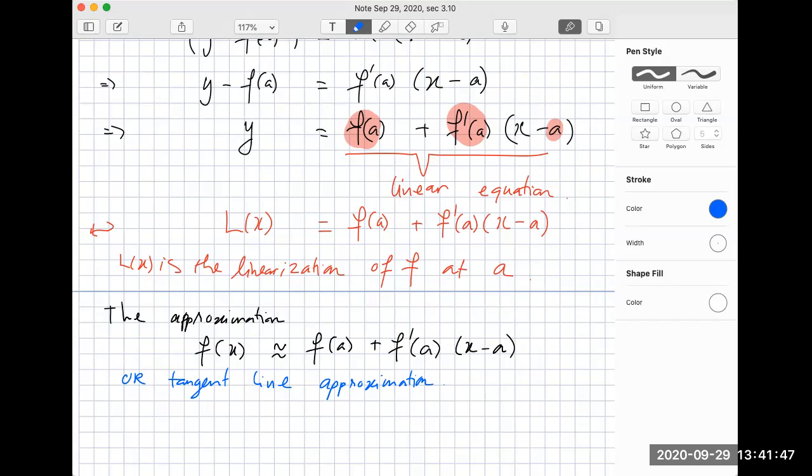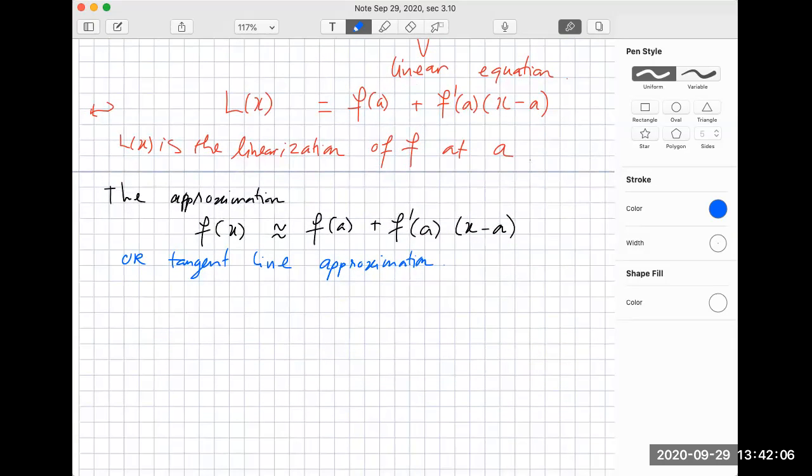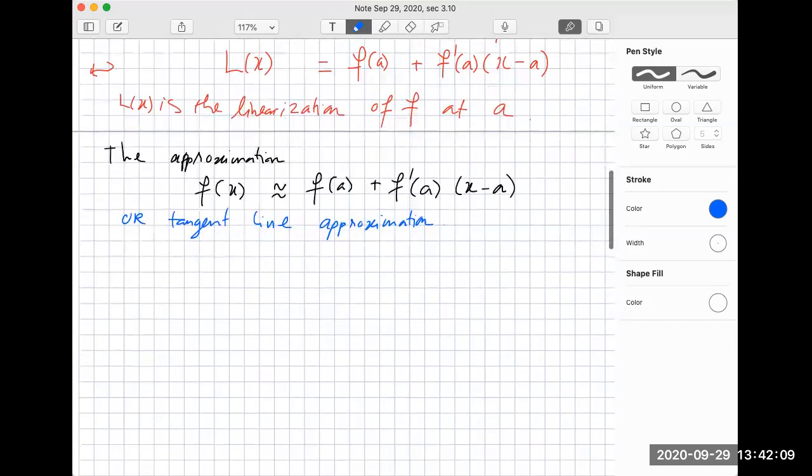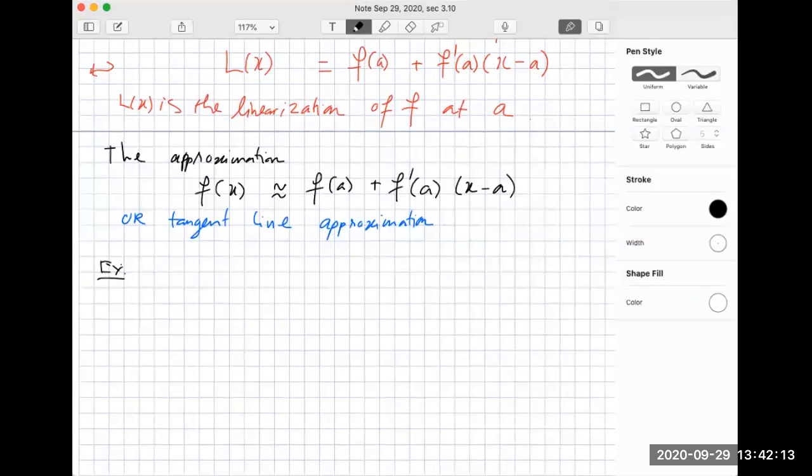So the idea is basic, right? We approximate a curve by its tangent line at that point. So now let us play with an example and see how it looks. So example, we are given, okay, find the linearization